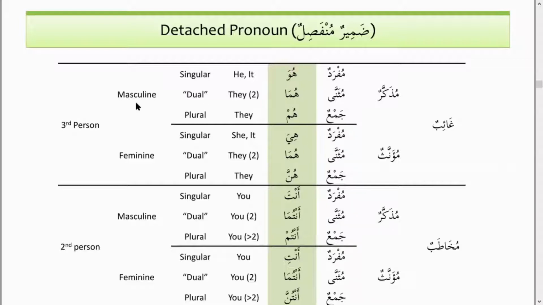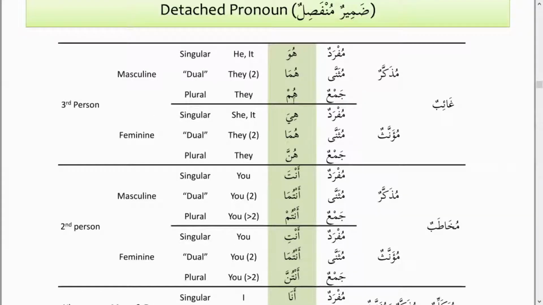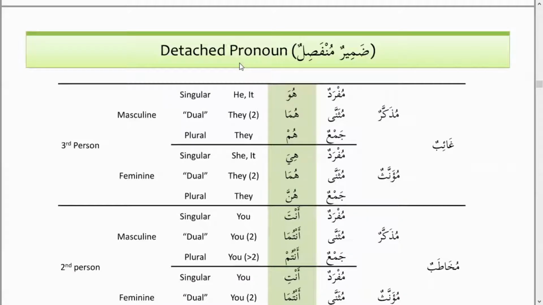And sometimes they use the third person for the second person. In the sentence, it comes you, but you say no, he, she. Or you use ana or nahnu, whatever. Right? So let's try to learn these 6. Huwa, huma, hum, hiya, huma, hunna. There's a song also if you want to. There's a website, learnarabic.info, where